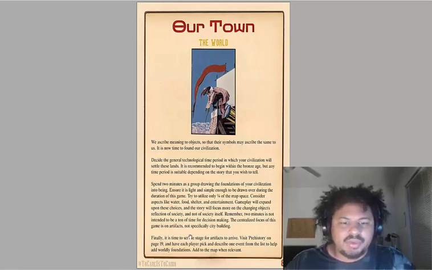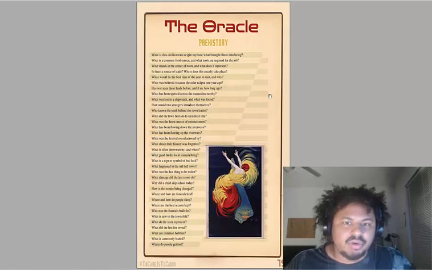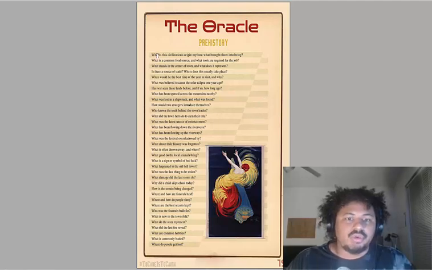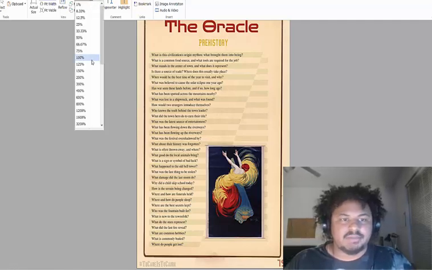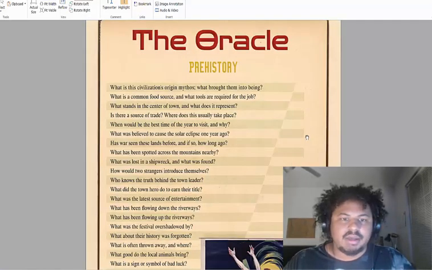So, now we head for the artifacts. We visit the prehistory on page 19 and have each player pick and describe one event from the list to help add worldly foundations. Add to the map when relevant. Alright, so we're heading to page 19. Okay, the Oracle. Oh, so these are cool questions. Okay, let me zoom in a bit so you guys can see. All right, so